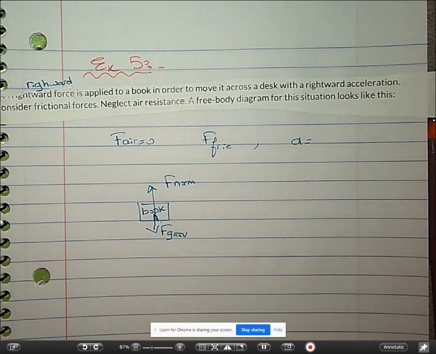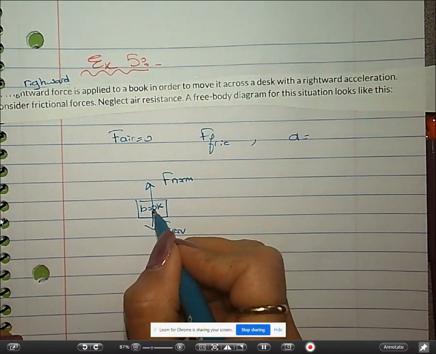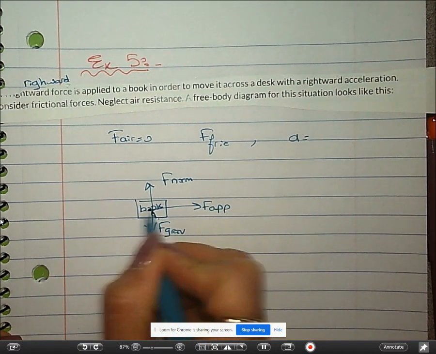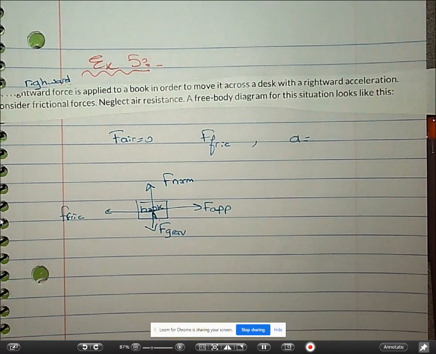All right, so it's the gravity force downwards, the normal force upwards, and then I have the applied force to the side and the friction force to the other side. We're gonna do more examples, but for now I'm just gonna